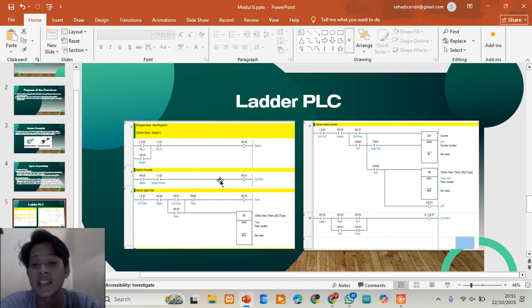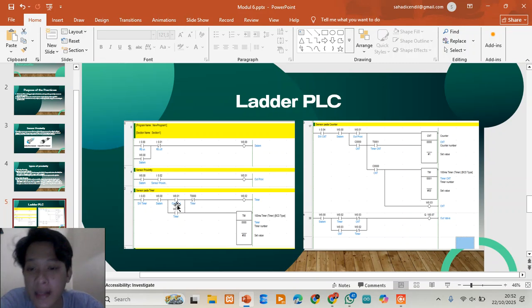This energizes I0001, which we call the proximity sensor, the internal relay that represents the sensor output inside the PLC logic. This internal relay is used in the following section to trigger other functions.